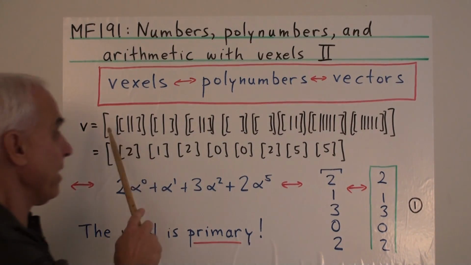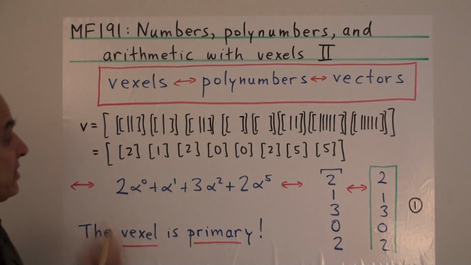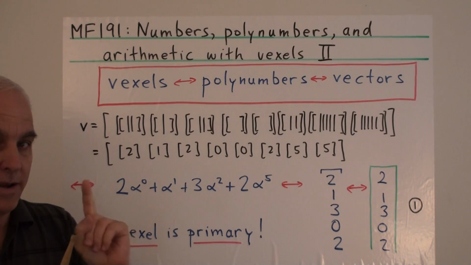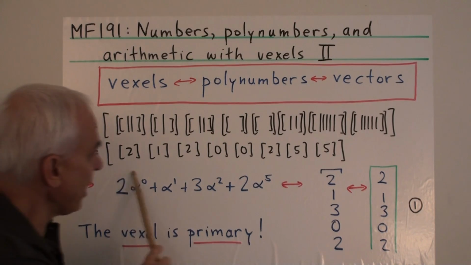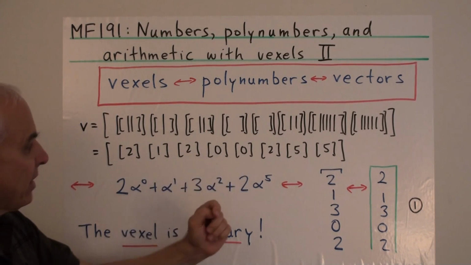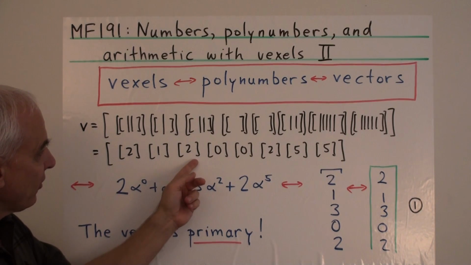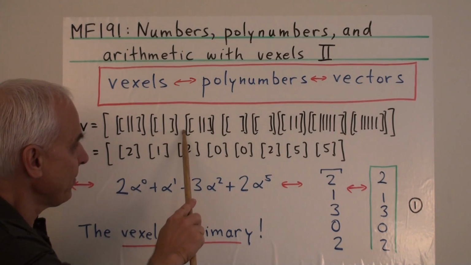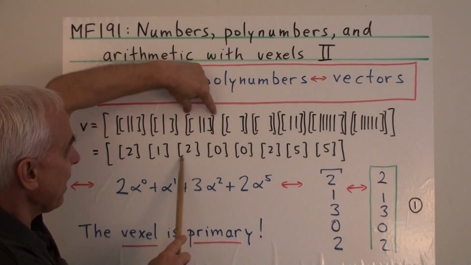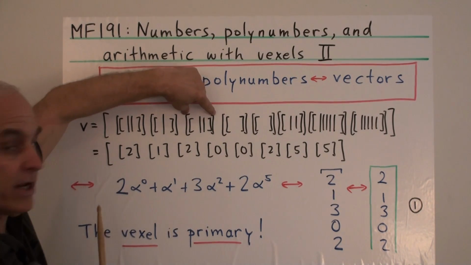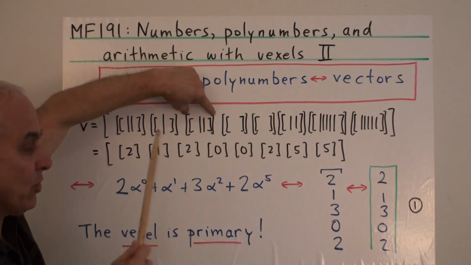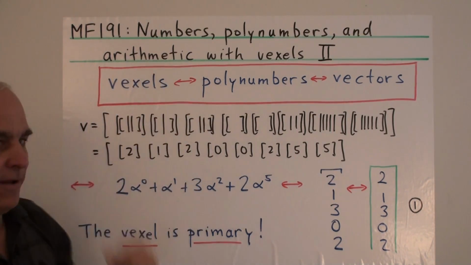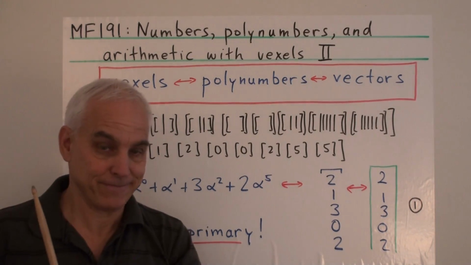And a vexel was a multiset consisting of singletons. And a singleton was a list of just one natural number. So usually we write a vexel like this, where we can see the singletons quite clearly. But in fact, a singleton like this, strictly speaking, looks like this. Here's the bracket outside, but inside, this 2 is actually the M-set of unit marks contained there. So there's a mark and another mark. That's actually what the natural number 2 officially is.